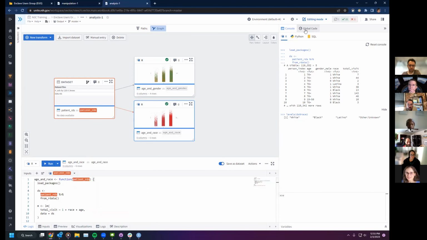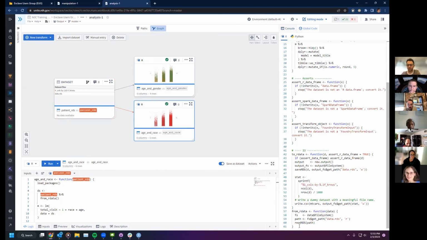And then you use this other function that's pretty much from the documentation that converts it from an RDS to a data frame. Pretty much that line does it. And then the big benefit of this is now all the workbooks, all the transforms in this workbook, start off with the exact same data set. And all the workbooks you do in addition, so analysis 2, analysis 3, analysis 4, you don't have to keep